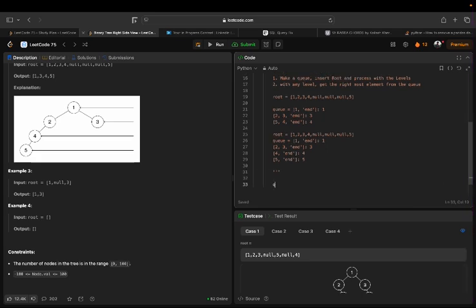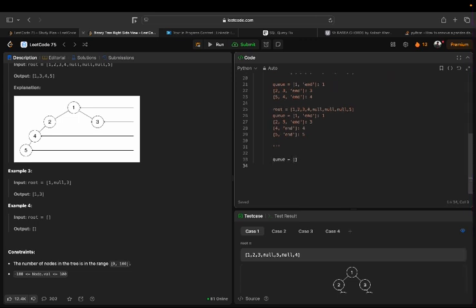Now make a queue. Q U E equals to, so we are making a list. Okay, now temp is equals to root. So we have been given a root. Q, so we'll make a q dot append root, q dot append none,